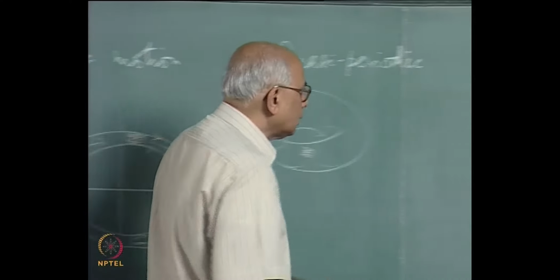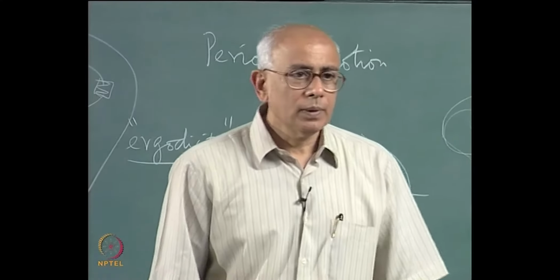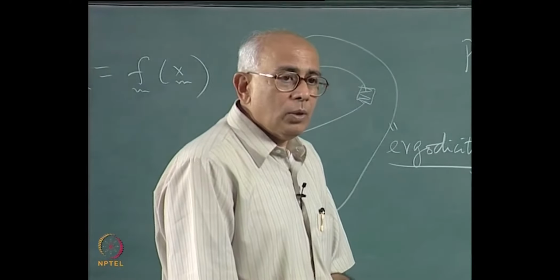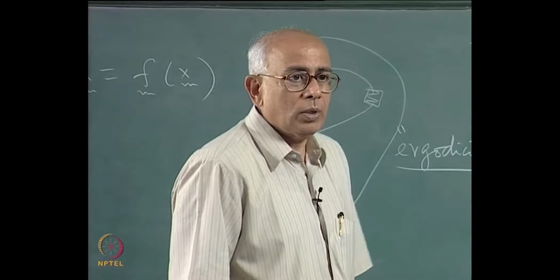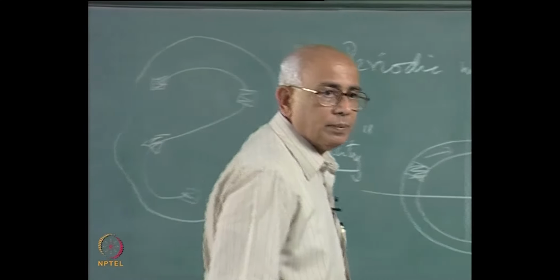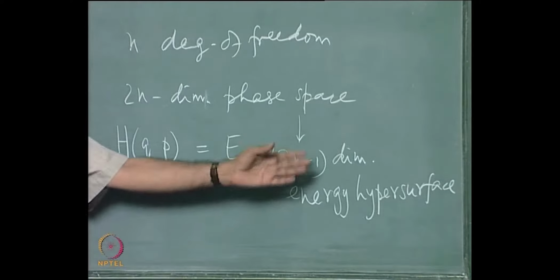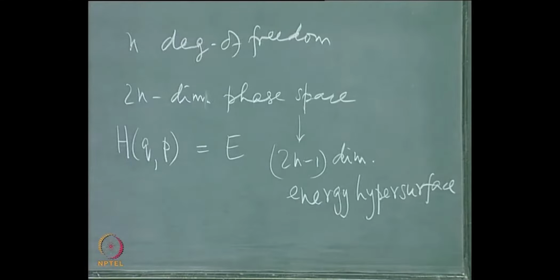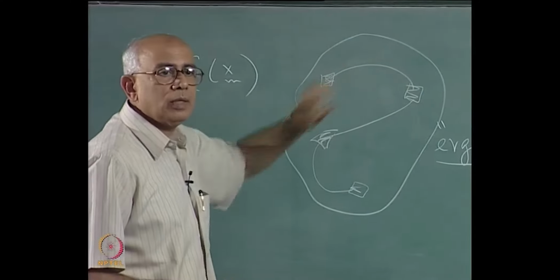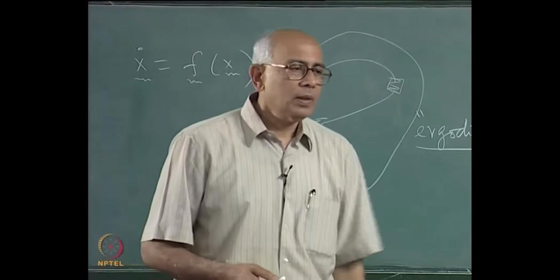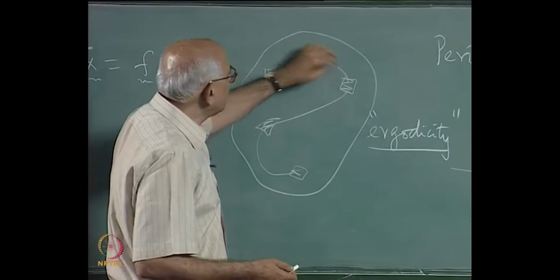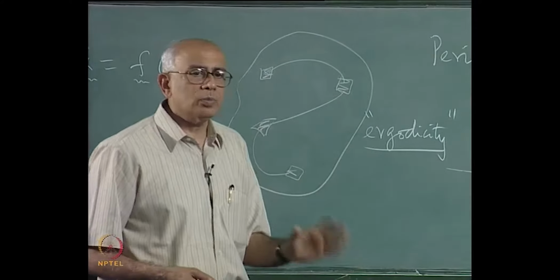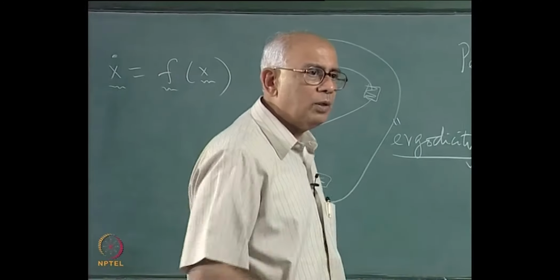Now the next statement is, suppose the Hamiltonian system is not integrable. The worst case scenario would be one where you have no constants of the motion in involution with each other except the Hamiltonian itself. That is the worst, no reason why you should find any other constant of the motion which is in involution. If that happens, then the motion is on this 2n minus 1 dimensional energy hypersurface, and you are guaranteed it remains there because H is a constant of the motion. And then the question is, what happens to neighboring initial conditions? What happens to a little volume element in phase space comprising a set of initial conditions? And the statement I am making is that in general such a system would, this patch would, given enough time, visit every neighborhood of the available phase space, namely of the energy hypersurface corresponding to the specific value of energy that you have chosen,